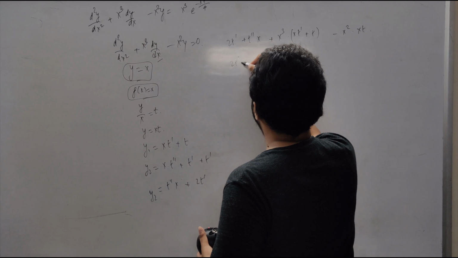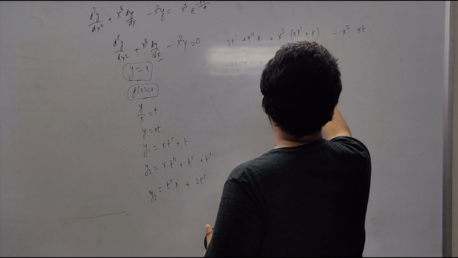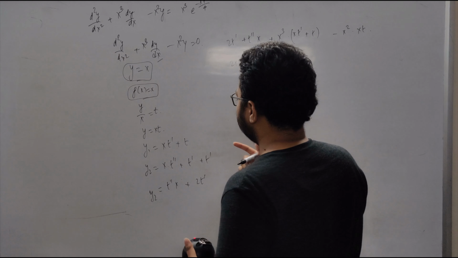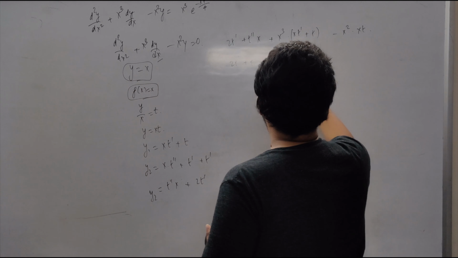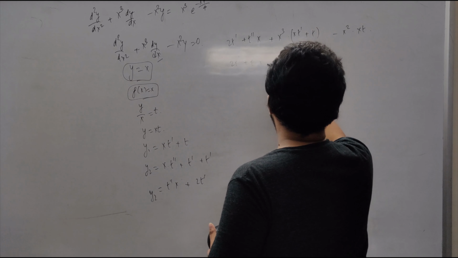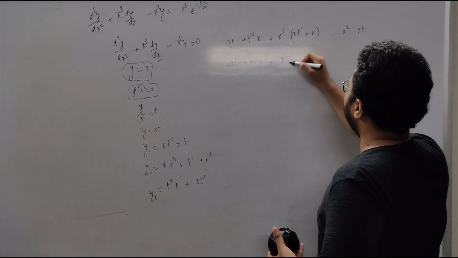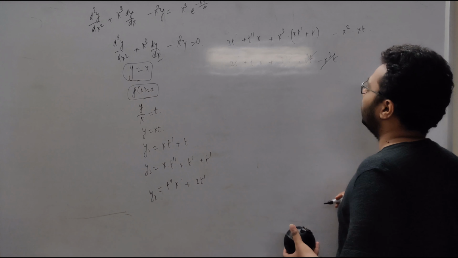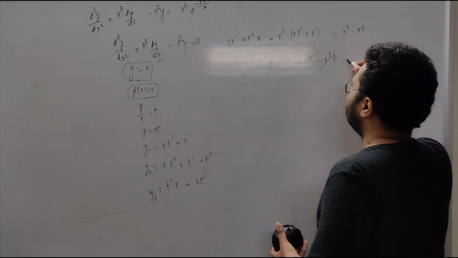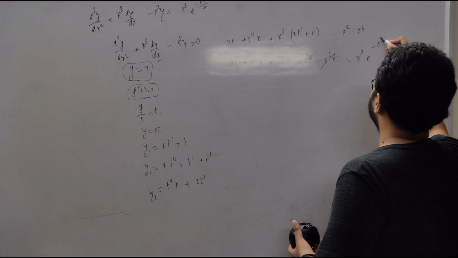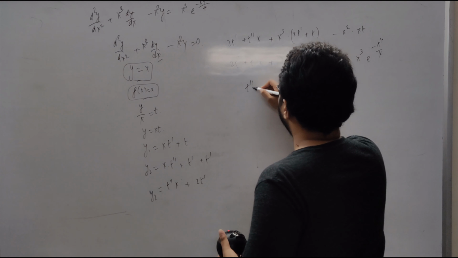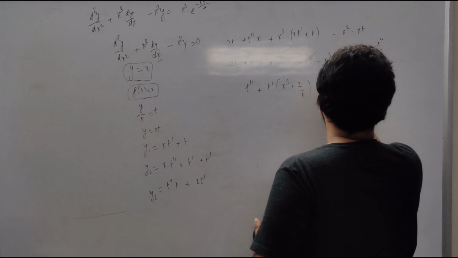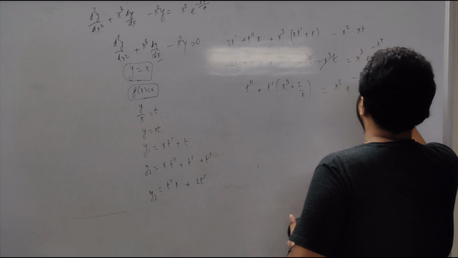So we are left with this: x for t dash, and this is t double dash x, and this is x for t dash plus x cube t minus x cube t. We are only left with t dash and t double dash terms, and this is equal to e to the minus x4 by 4. Now t double dash plus t dash into x cube plus 2 by x equals x square e to the minus x4 by 4.